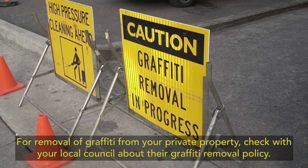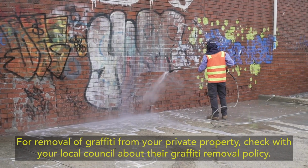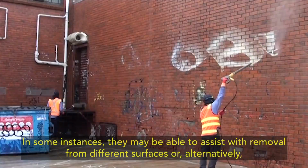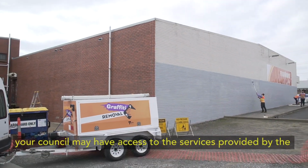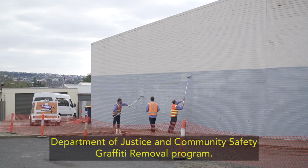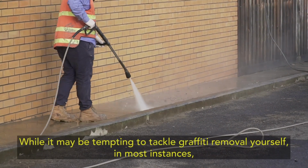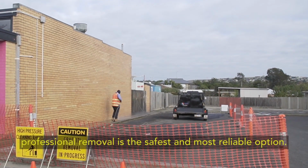For removal of graffiti from your private property, check with your local council about their graffiti removal policy. In some instances, they may be able to assist with removal from different surfaces, or alternatively, your council may have access to the services provided by the Department of Justice and Community Safety Graffiti Removal Program. While it may be tempting to tackle graffiti removal yourself, in most instances, professional removal is the safest and most